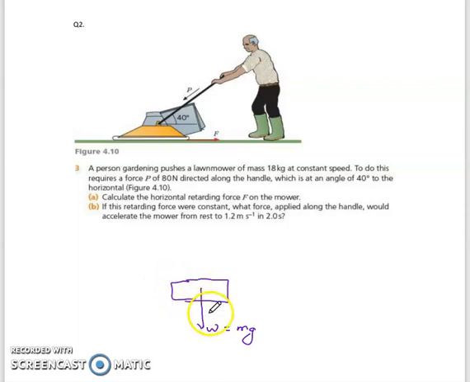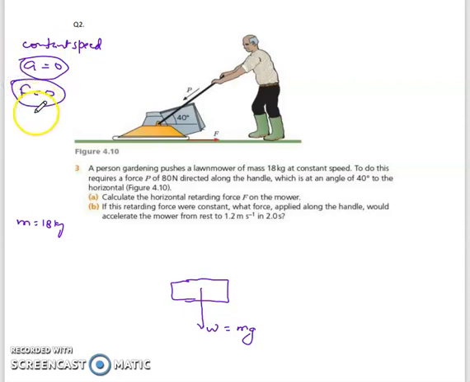Okay, so the mass is already given, so I'm just highlighting the mass is 18 kg. Now moving to the next, at constant speed. That means at constant speed, this is an example of balanced force. If there is constant speed, that means no change in speed, so acceleration in this case is 0, therefore net force will be 0. That means this is moving with balanced force.